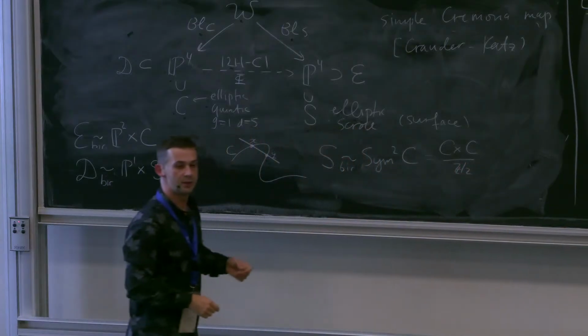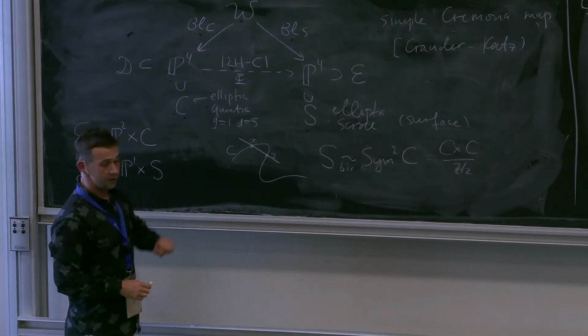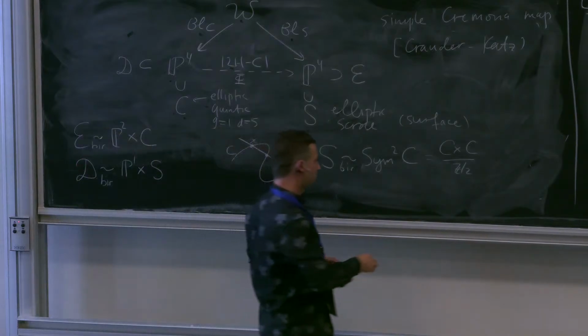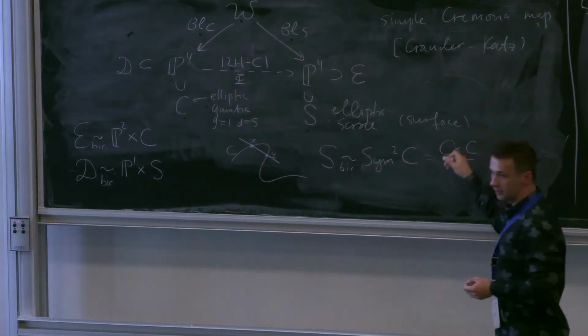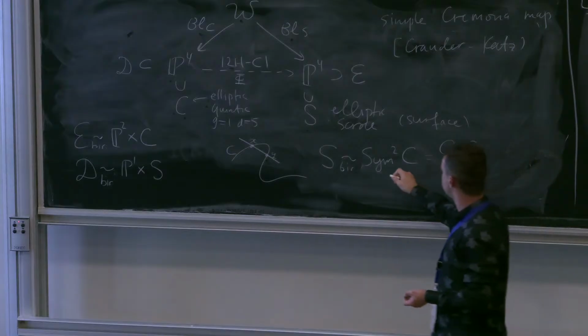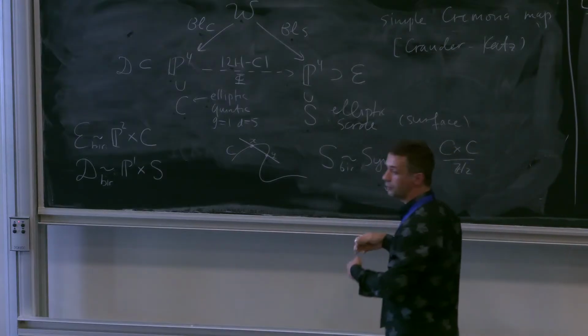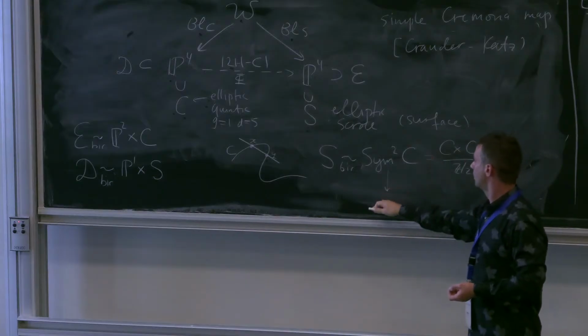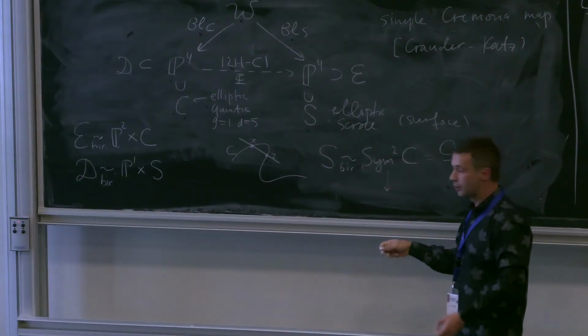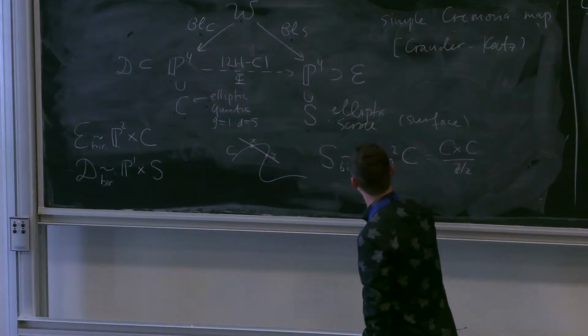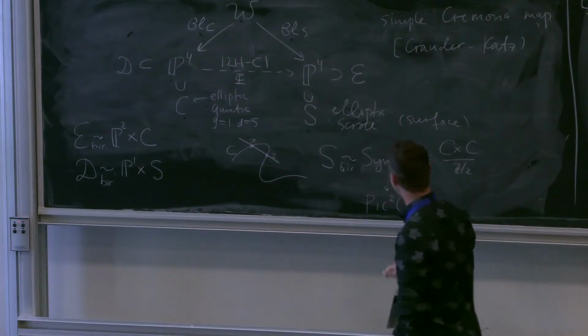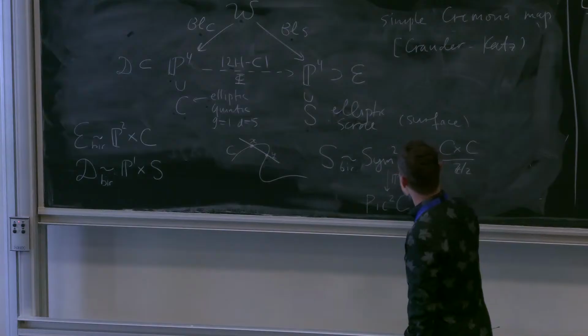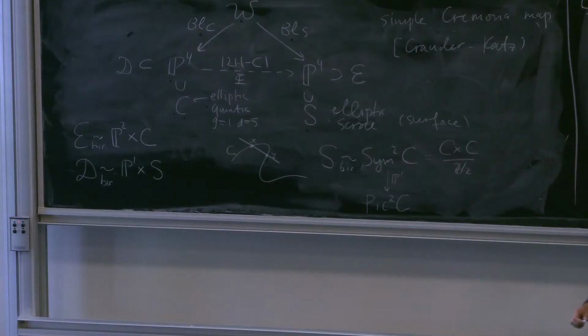Unordered set of points. That's the surface we see on the other side. And now the interesting thing, it starts looking very much like the elliptic curve C, but it's a bit different, because you know this thing about symmetric powers of curves has to do with their Jacobians. So here the relevant thing is you look at Pic^2 of C, and then you get a P1 fibration over that.